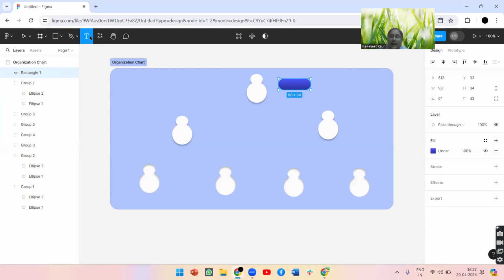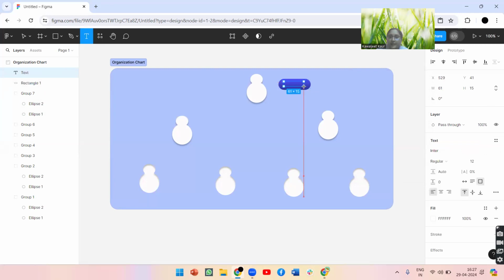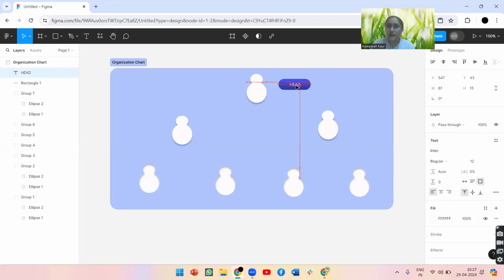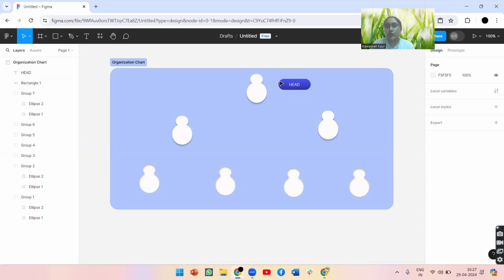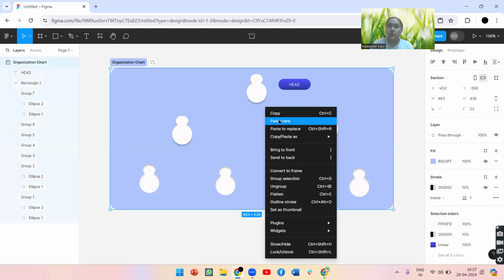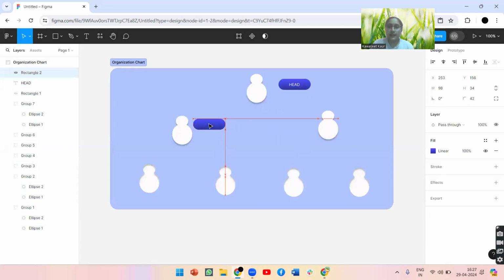And for writing the text, as we have learned in lecture 2, you can type it using the text. So here we are going to write head, and we will place it over here. Now you can do the same manually as well, right? You are going to select this as a whole, copy it, and paste it here as well, like 4 times. Okay,